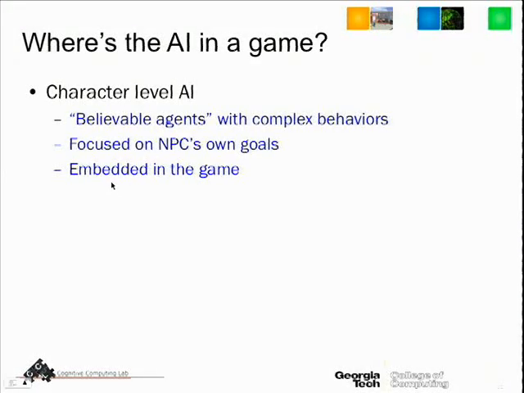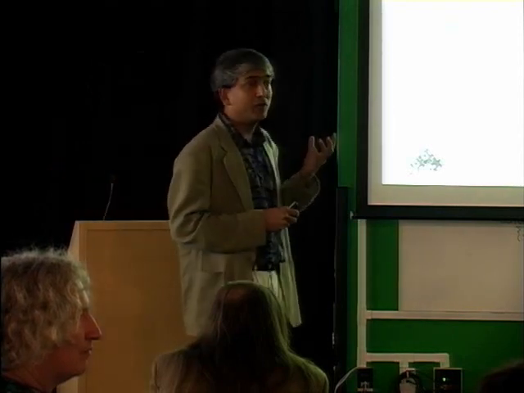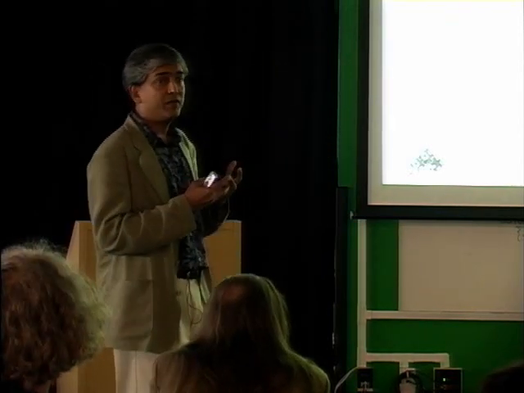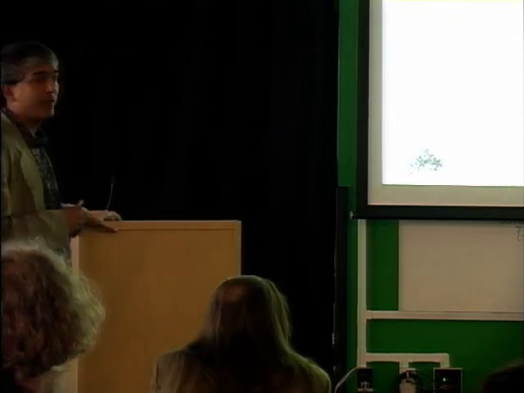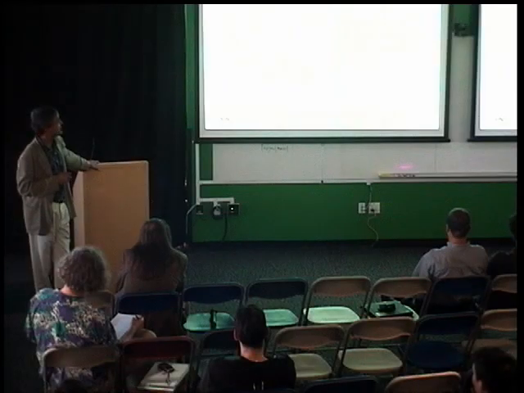Okay. So given that we have this language, where does the AI go? Well, one obvious place for game AI is in the non-playing characters. So you can be playing Wargus and fighting against an AI enemy, or you could be interacting with Hans Christian Andersen with AI powering the character you're interacting with. So this is what's called character level AI. We have believable agents with complicated behaviors that are programmed using some kind of AI programming language. The AI is focused on achieving the NPC's goals.